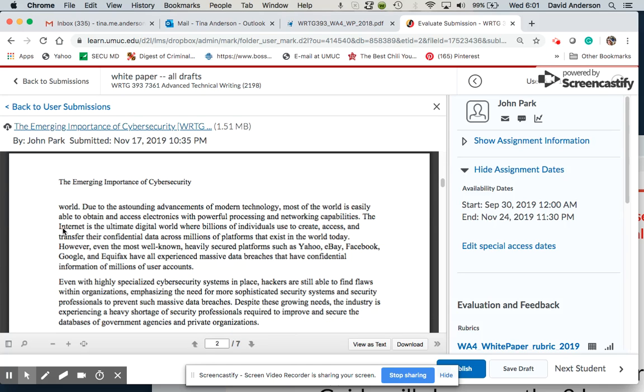The internet, it is a proper noun, but I don't know that I see it capitalized. I have to check that. "Is the ultimate digital world where billions of internet individuals use to create, access, and transfer their confidential data across millions of platforms that exist in the world today."